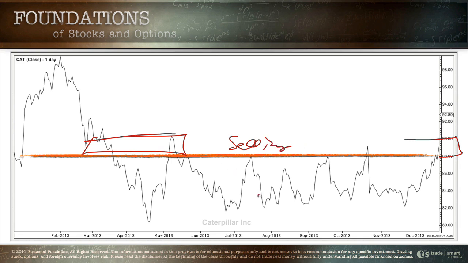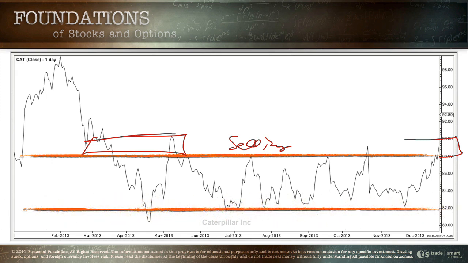And if we were to look at the bottom, you're going to notice a similar phenomenon. Somewhere around $82 a share, sometimes dipping as low as about $80 a share, we have a whole bunch of buying pressure that starts to build. Now, why are the buyers buying at $80? I have no idea. Why are they selling at $88? I have no idea. And frankly, I don't care. Sometimes the most dangerous question we can ask is why.